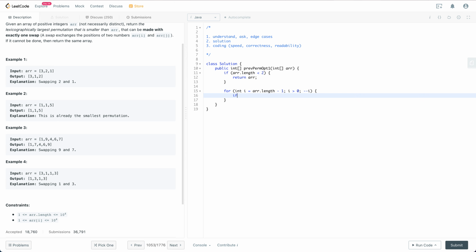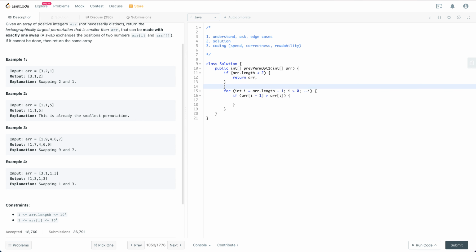So if arr[i] is larger than, so I'm thinking if equal, I think equal it shouldn't work. So we should be finding like the real transition point. So if arr[i-1] is larger than arr[i], then we are going to say, okay, this is a